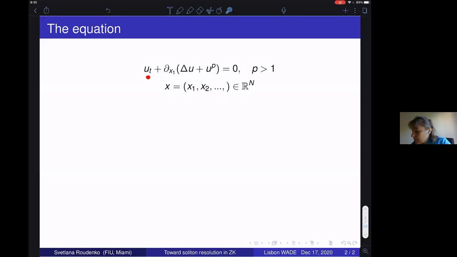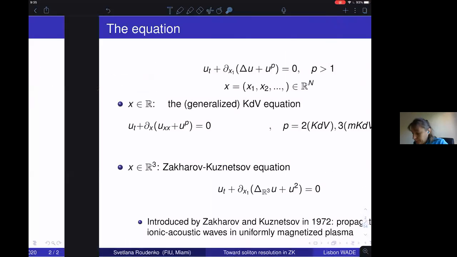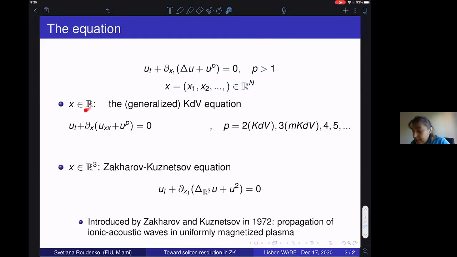So the equation is a derivative in time, and then in x, in n dimensions, we have a preference in the first dimension x1, and we take p different nonlinearities. What do we recognize if x is one-dimensional? It's the KdV, or a generalized form of it, right? We have three derivatives on u, and if p is equal to 2, this is just regular KdV, p equal to 3 modified KdV, and so on. But if we take R^n with n at least 2, then we see that this is the equation.